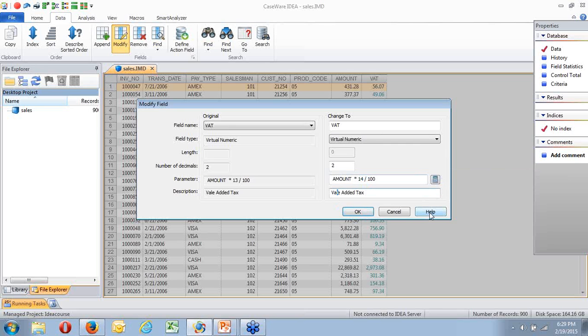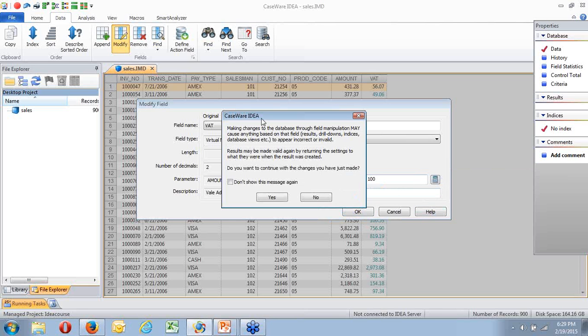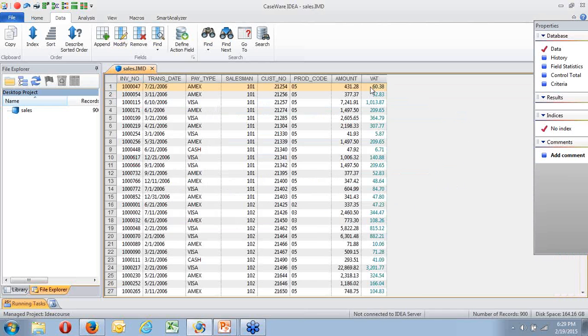It's val added. I don't want val, I want value added in my description. It will change it. Do I want to continue with the changes I've just made? Yes. And it's changed all of these now to being amount times 14%.